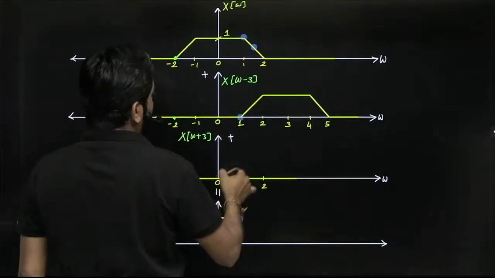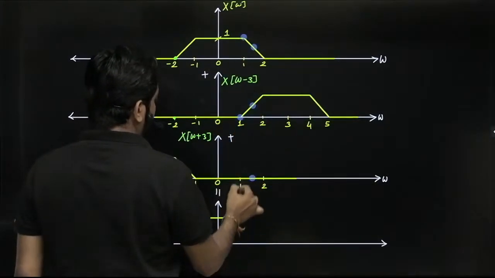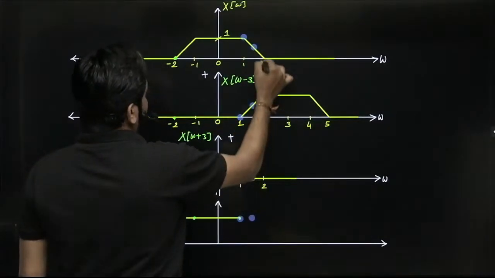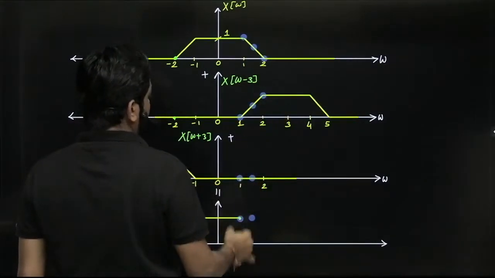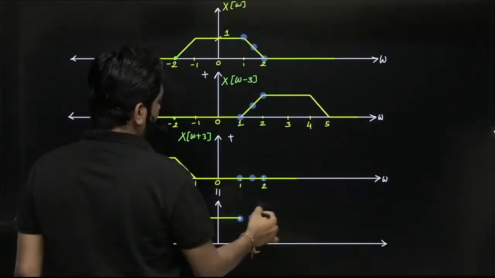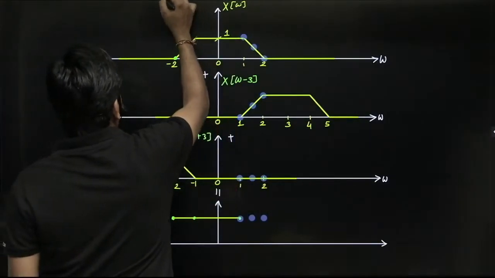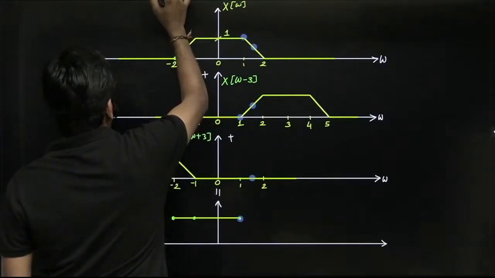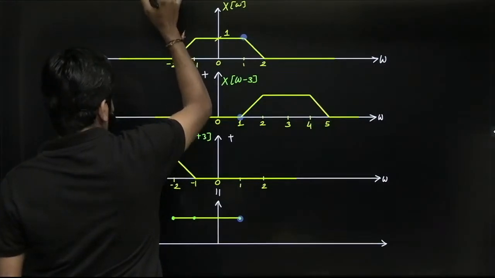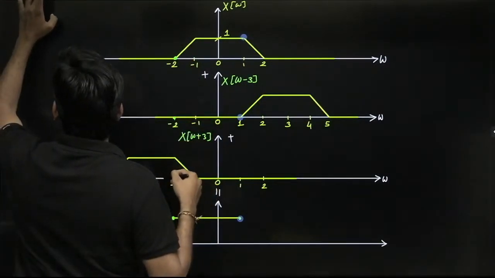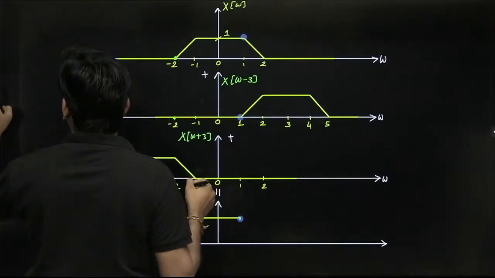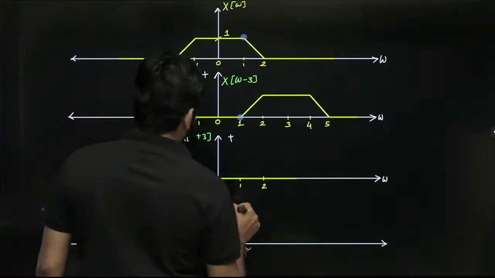Here 1/2 plus 1/2 plus 0, which is equal to 1. Here 0 plus 1 plus 0, which is equal to 1. So the amplitude remains constant, guys. I hope all the students are getting it. So it will be again constant. Again the amplitude will be constant